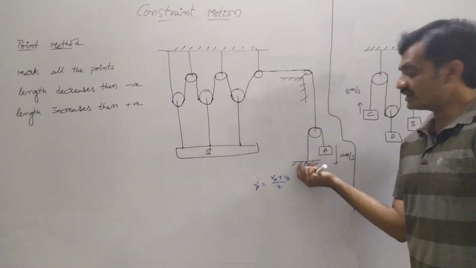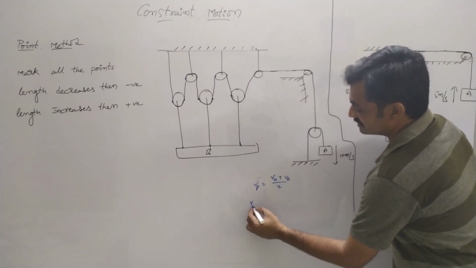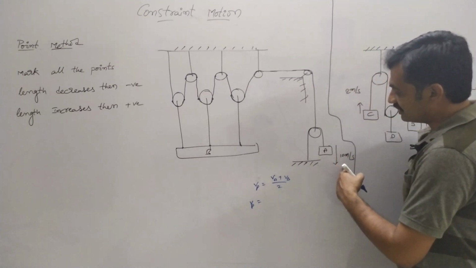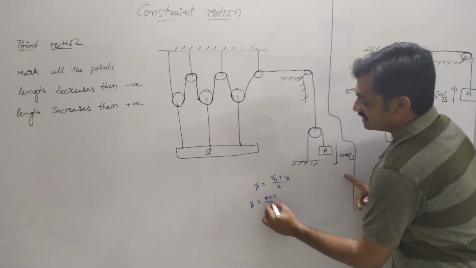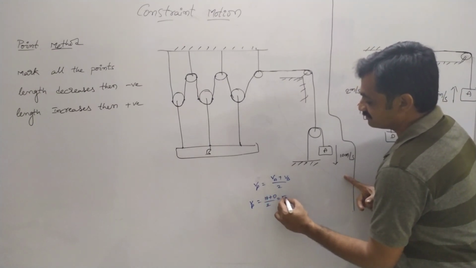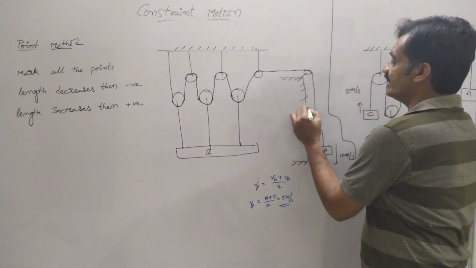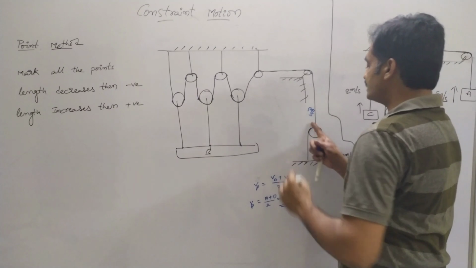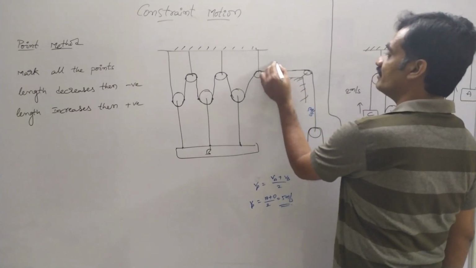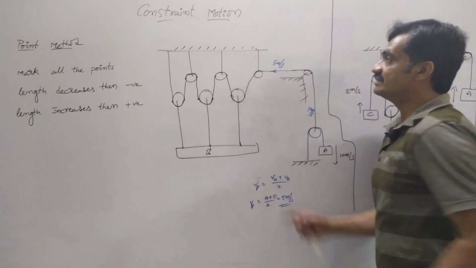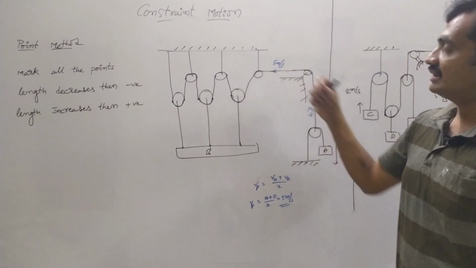Whereas since the block B is not present, here we consider it as 0. Then we have the velocity of the pulley equals, observe that the block is moving in the downward direction with a velocity of 10 meter per second, (10 plus 0) by 2, which is nothing but 5 meter per second. So the velocity of this pulley is 5 meter per second. Since the pulley possesses 5 meter per second, here also the string possesses 5 meter per second. Why? Because in constant motion every point on the string possesses the same velocity.